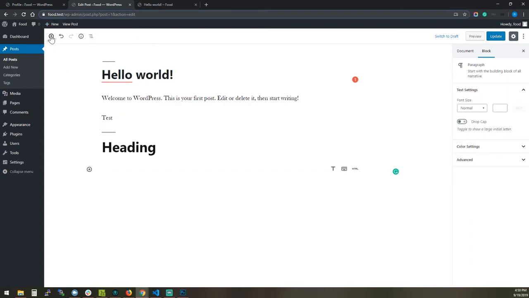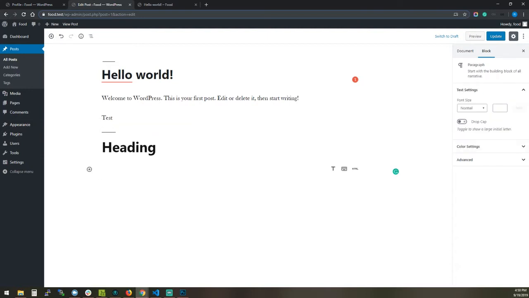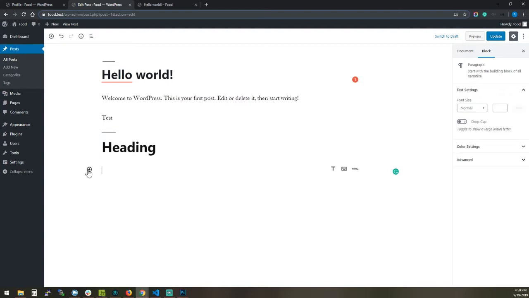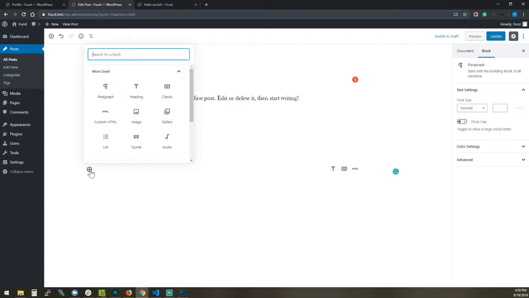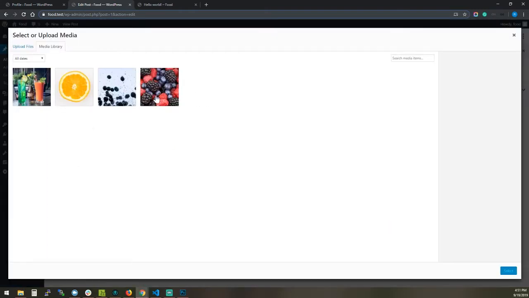You don't always have to add blocks here. If you do, it'll immediately add one below. Say we're on this block and this one doesn't exist. We can hit enter and create a new block. You can also add blocks from right here in this section. Say we wanted to add an image, and we've already got